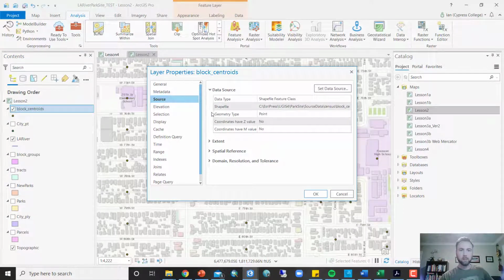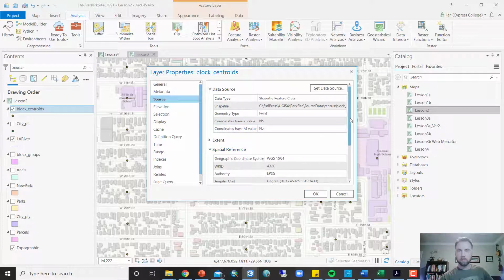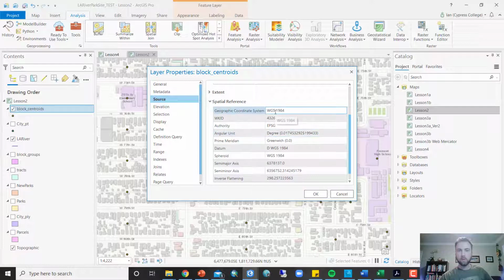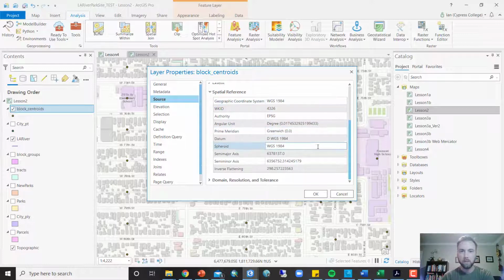It's already open on mine, and then open up or maximize spatial reference. We're going to scroll down and just look at the geographic coordinate system, which is World Geodetic System 1984, and it's based on the WGS 1984 datum and coordinate system. Okay, so WGS 1984 is a very common spatial reference system, a coordinate system for data that's projected all over